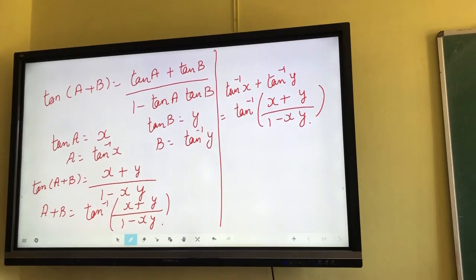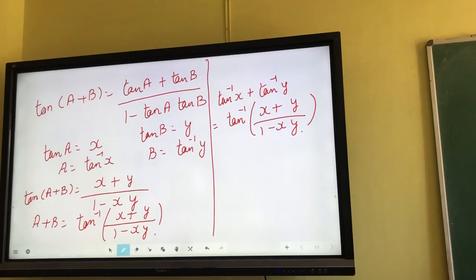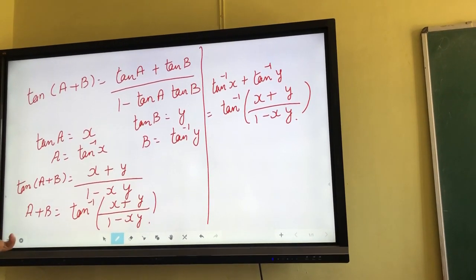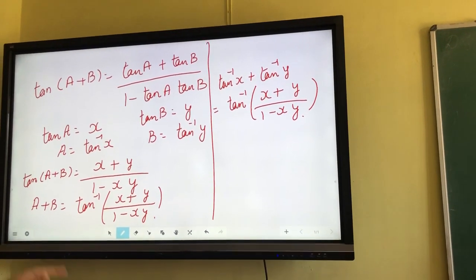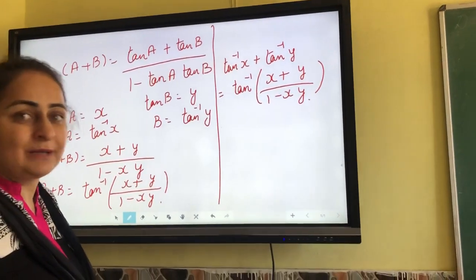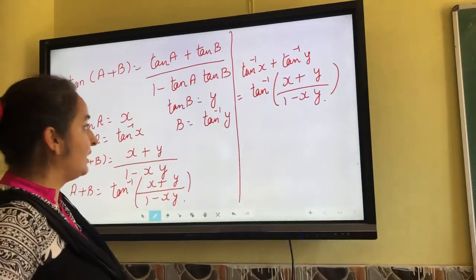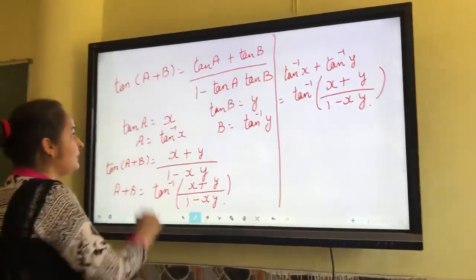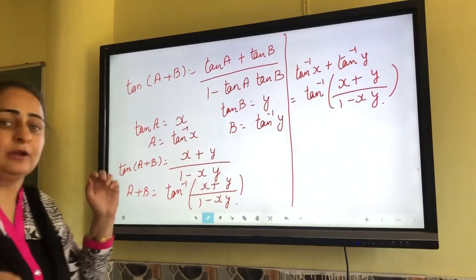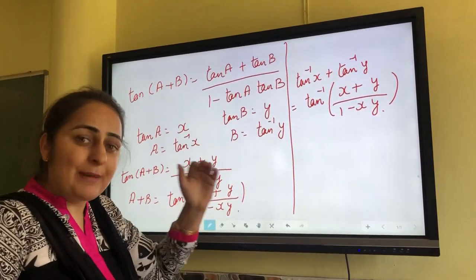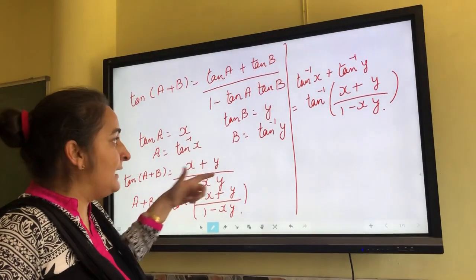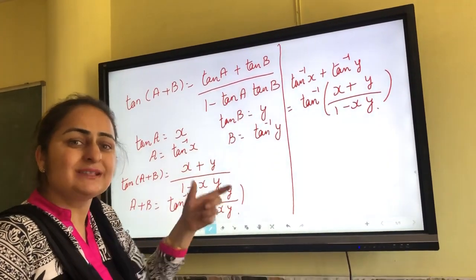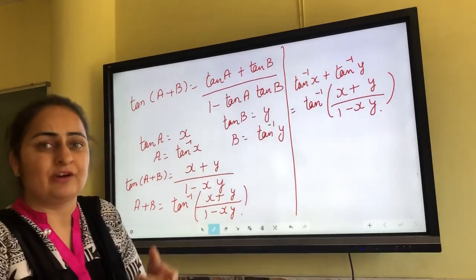Now, the rest of the formulas you will derive by yourself. The rest means one formula between sin inverse x plus sin inverse y, and the second formula for cos inverse x plus cos inverse y. Now, let's start with the questions. You have to remember all the 6 formulas. Three formulae are between pi by 2, pi by 2, pi by 2, and the rest of the 3 formulas are between tan inverse x and y, sin inverse x and y, cos inverse x and y.